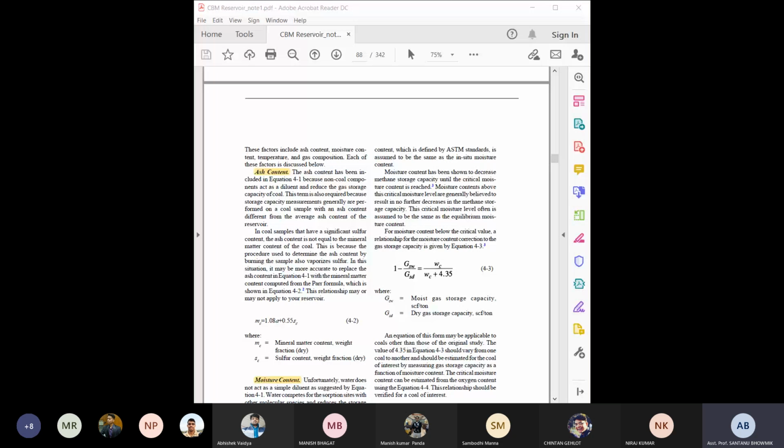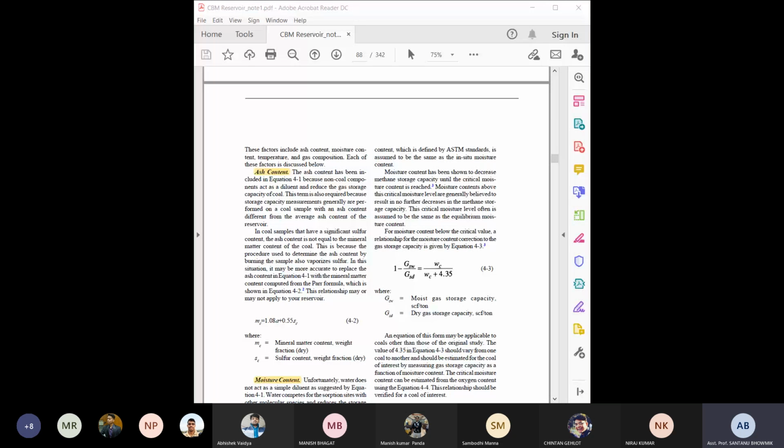As the ash content is increasing, obviously, if everything else remains the same, the fixed carbon content, or the carbonaceous content, which has the porous matter or the coal matrix, is also